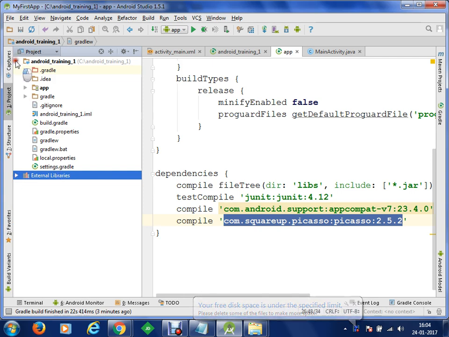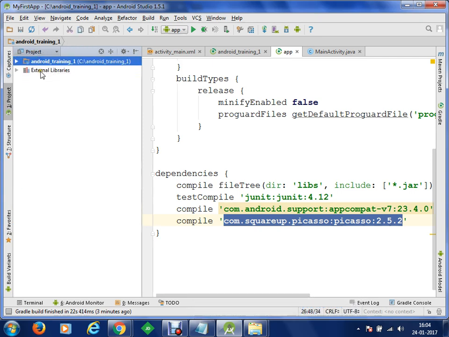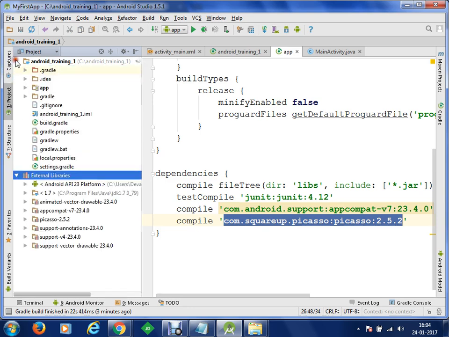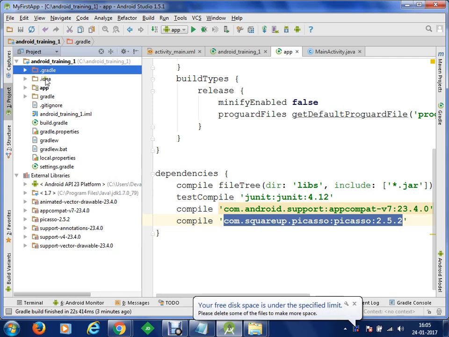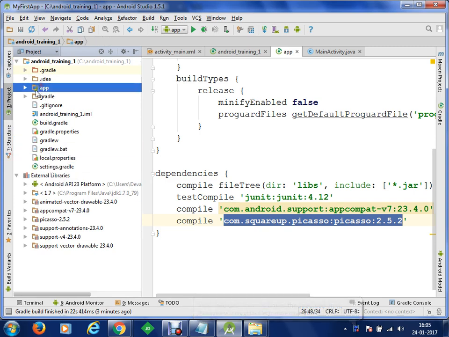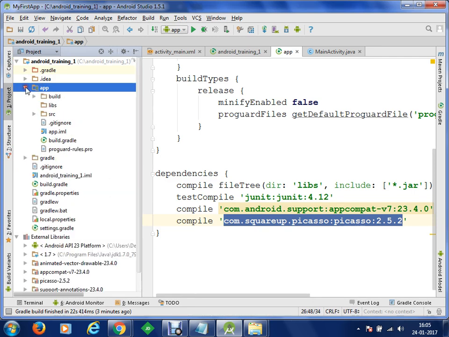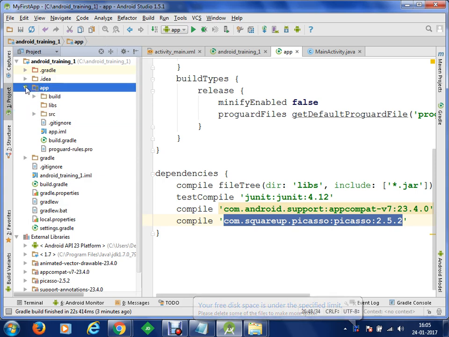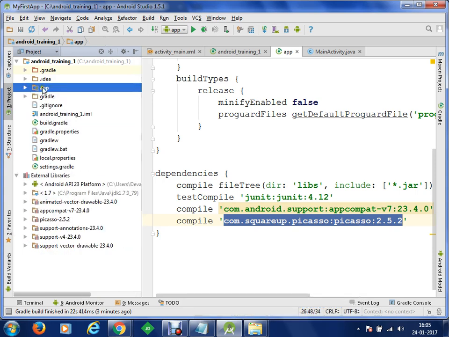So you have two things. One, you have a project, and second, you have the libraries. And what is in the project? Within project you have the Gradle information, the app information, the properties, all these things are included here. So important for you is this app structure. Within this app you will have your Java code, which will be available in the source, and your build, your resources, and all these things are important for you. So this app is actually important.